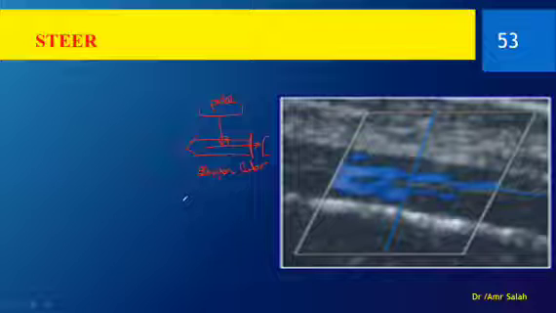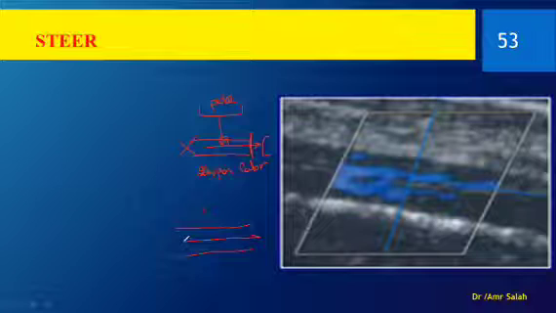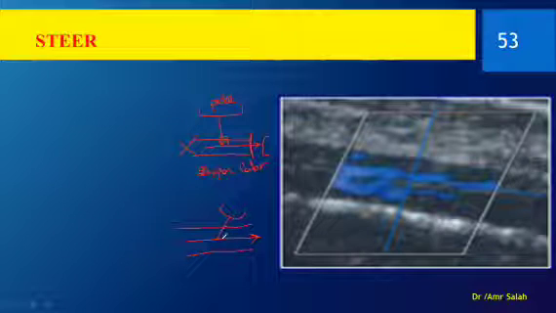So in order to do something a little less drastic and more practical, now we have to produce a steer by another way. So how can we produce this steer? Here is the vessel as such. Here is the direction of the blood. We can do this by manually steering your probe. So here the direction of the ultrasound beam will be like this, creating an angle with the direction of the blood that's less than 90. Okay, it's acceptable this way.